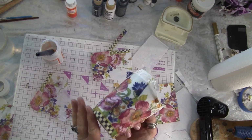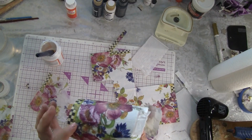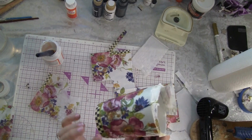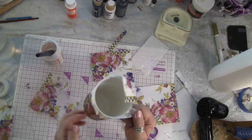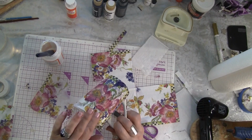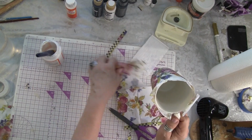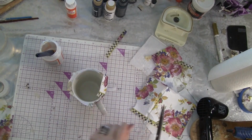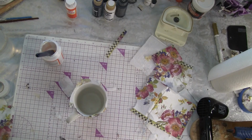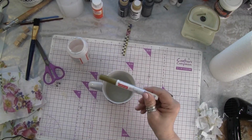Now all I have to do, and I don't even have to cut down here because it laid really well at the bottom, which I'm happy for. I would rather cut up here because I wanted that courtly check to be nice all the way around. So now I'm just going to cut around here and then take the gold pen and put the gold rim like we did the other cups. So I'm going to cut this and just smooth it up, and then we'll put the gold pen to the top. Okay, so now we're going to put the gold rim,